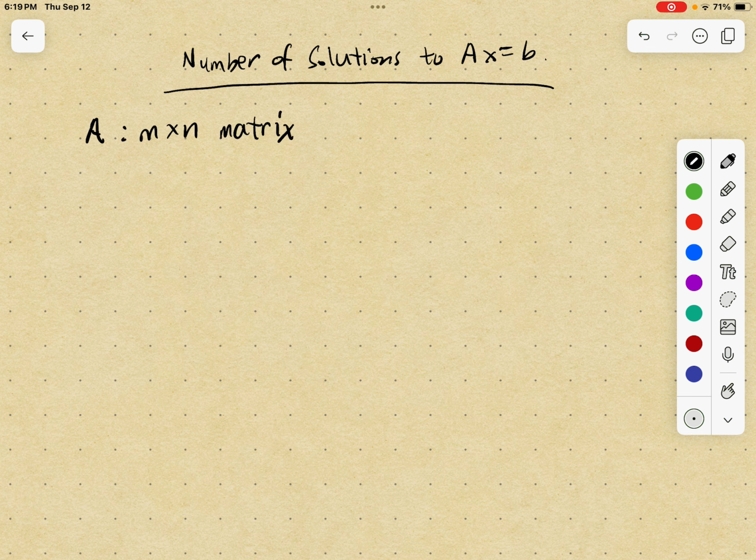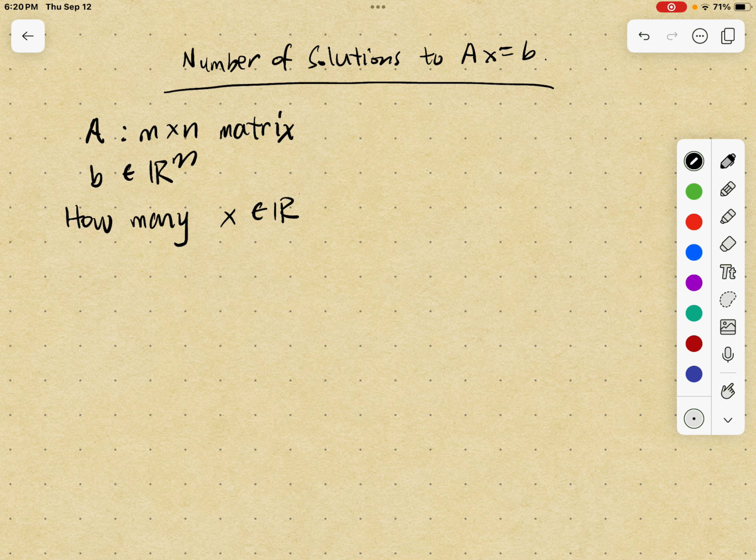And so this means it has m rows and n columns, and so let's say that b is a vector in Rn. And the question is, so we're solving for x in Rn,